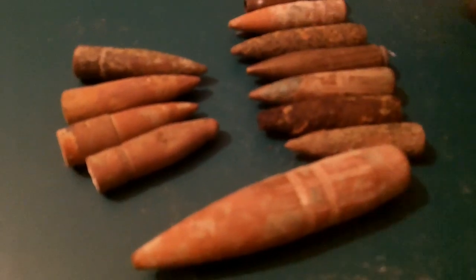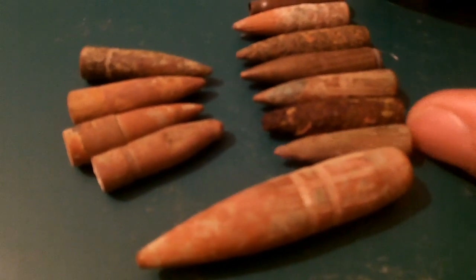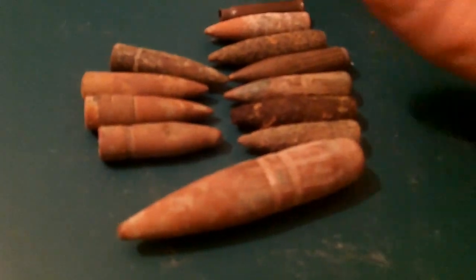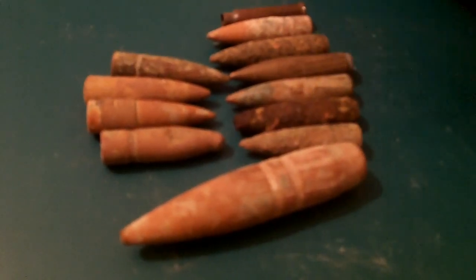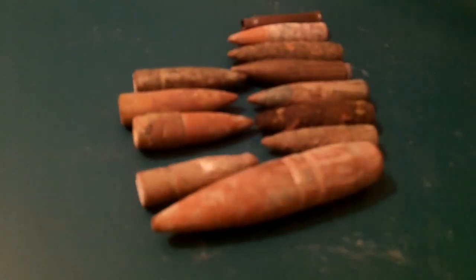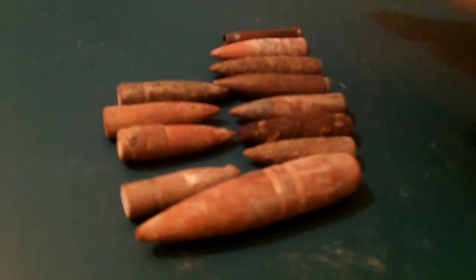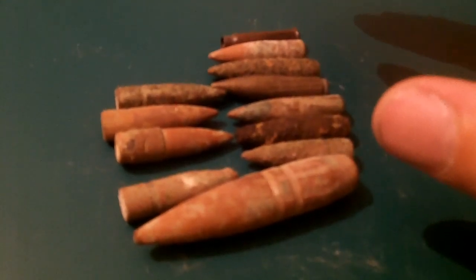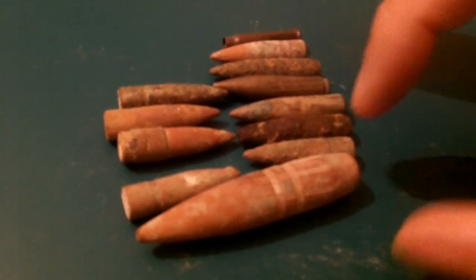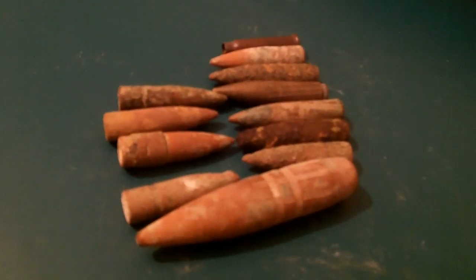Yeah, it's pretty cool. Okay, so I kept a few military bullets, sort of World War I, World War II. What can I say about these? Yeah, they're quite common. Don't keep all of them. Quite a few go in the bin. I found quite a few live ones, but yeah, if you do find them still with the casing shell, don't